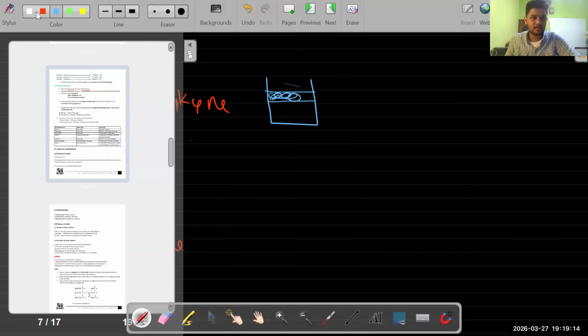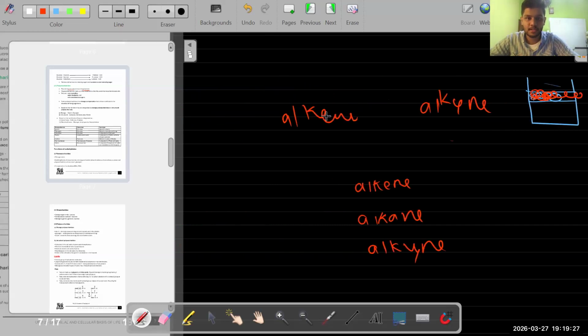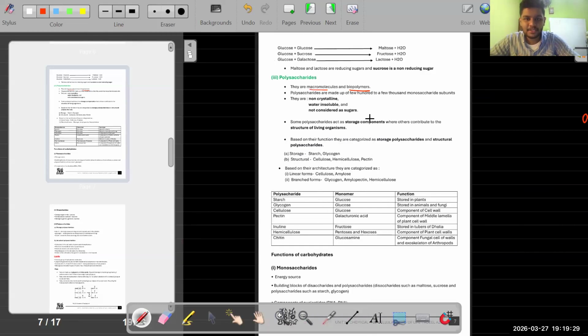Suspension means like a misty mix, like this. It can form something like this. So it forms a heterogeneous type of mixture, not a homogeneous one. They are not considered as sugars. So these are the three main characteristic features of polysaccharides. Okay. Now,